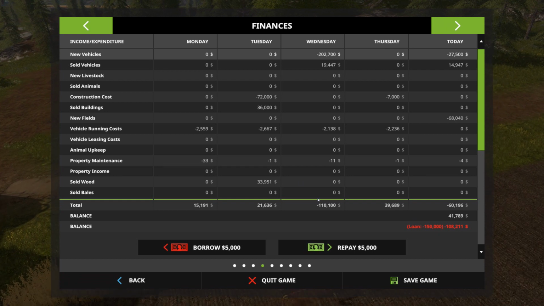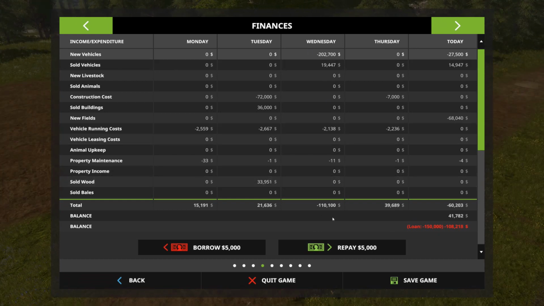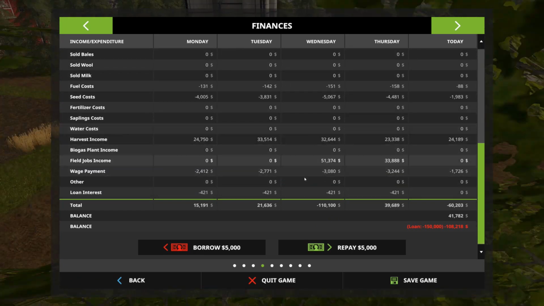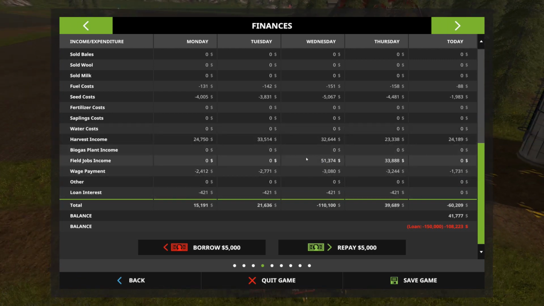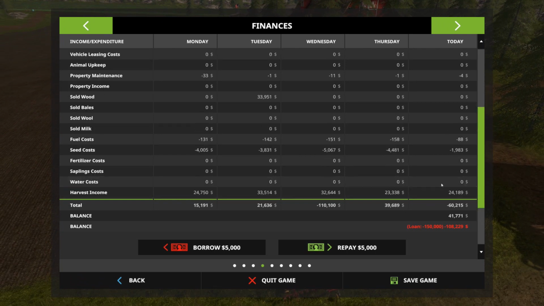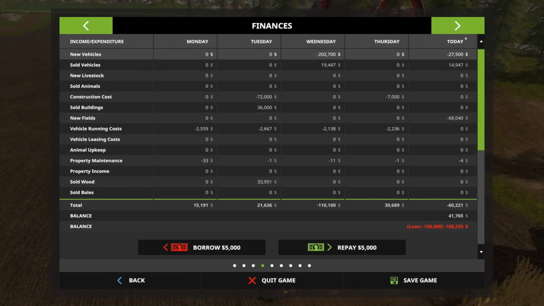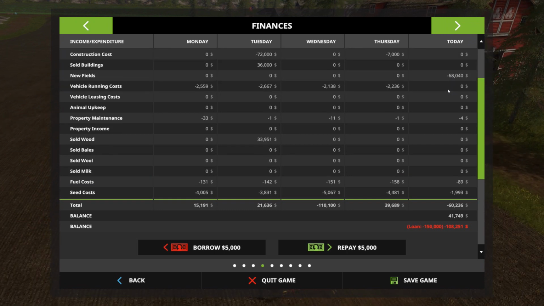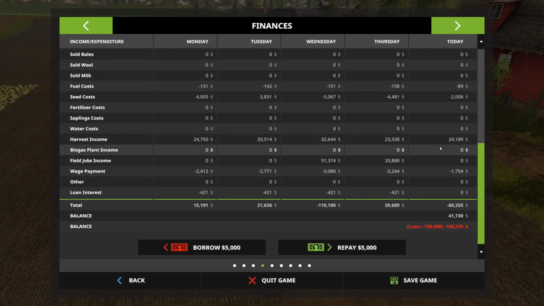As you can see, we've spent a pretty good amount on new vehicles. On Wednesday, it cost us $110,000 minus the $80-some thousand we made between the harvest income and the field jobs that we did. We made $39,000 on Thursday, and today we spent a lot of money on A, new fields, and B, new equipment. And we sold only about $15,000 worth of equipment, and we've only made about 24 grand in profits. So